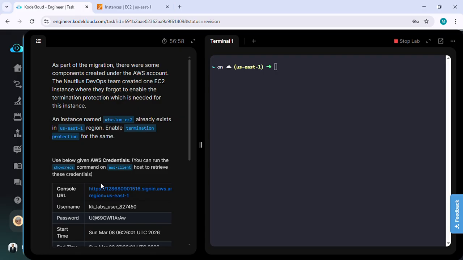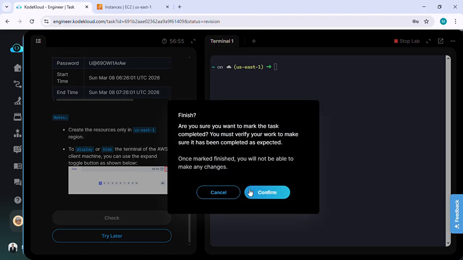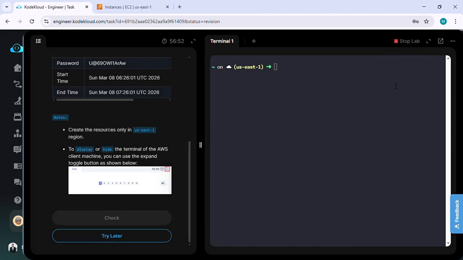So let's verify our task. Click on check. Yes,